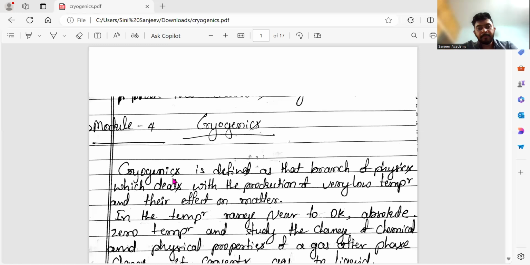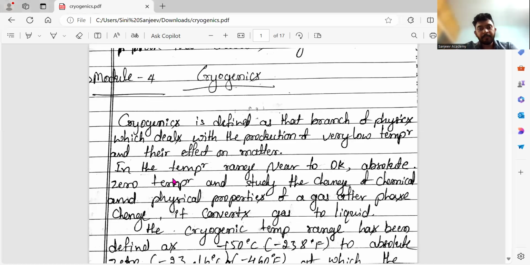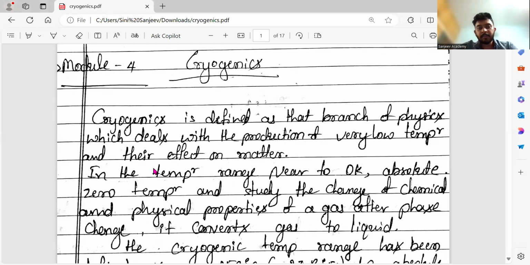So hi students, today we'll deal with module 4 in physics, that is Cryogenics. I'll be sharing the module. I think you can see the PDF. Yes. So Cryogenics is a branch of physics which deals with the production of very